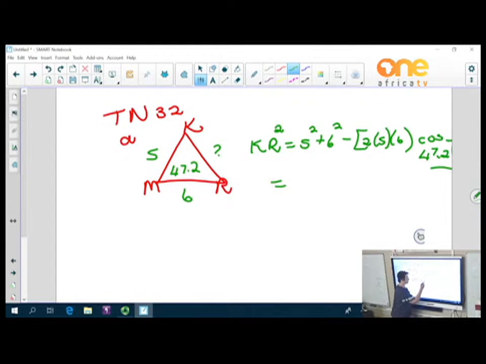Okay, don't skip steps. It's good that you will first write the next ones down, because this question usually counts 4 marks, and if you just give answers and it's wrong, then you get no marks. So in the first place, we substitute. Then I can say now here that 25 plus 36 minus, and now we have to get a value there in the brackets. So we use our calculators, and it's then 2 times 5 times 6 cosine 47.2 is equal to, and I got now there